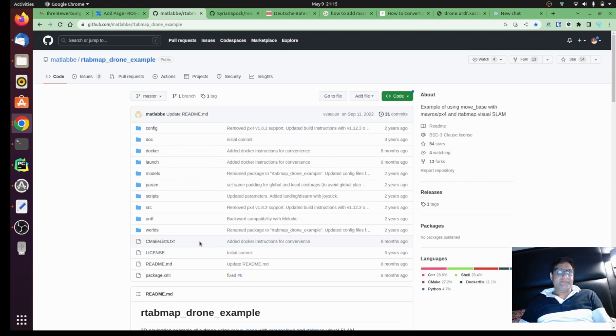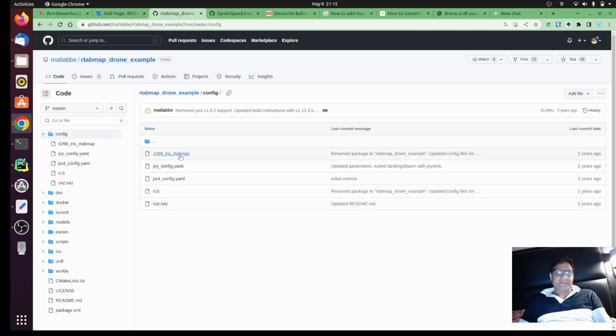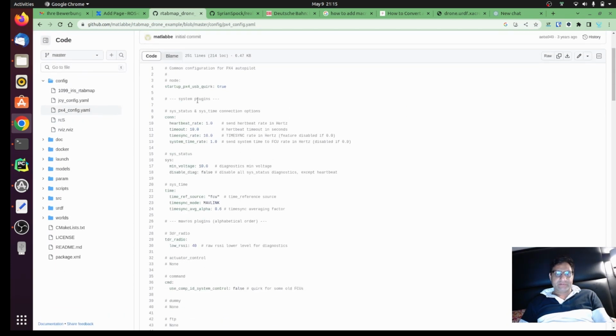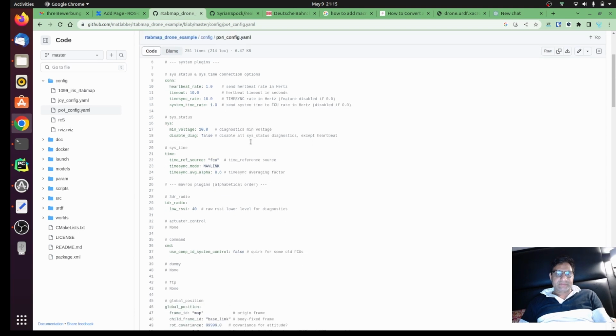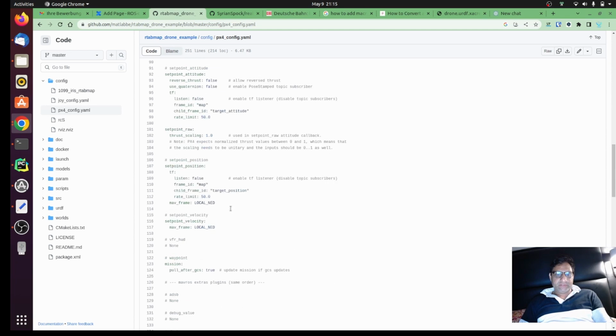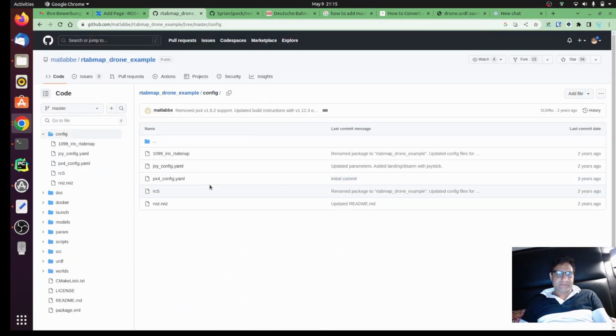Why? Because if we just go to the configuration file, in the config file there are a couple of configurations here actually. As you can see, this config.yaml has some assumptions already, right? So most of the things are okay with px,